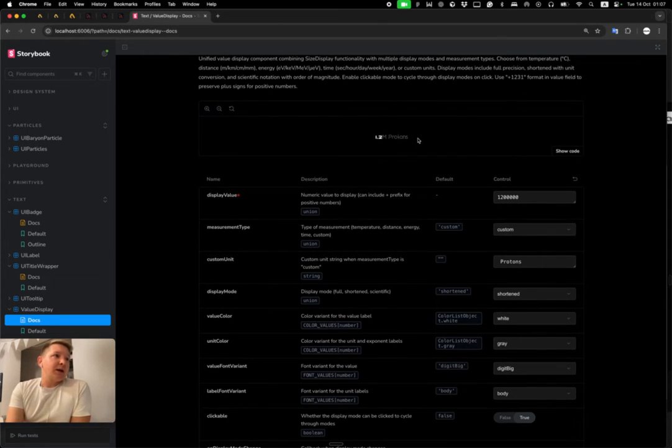For example, I have 1 or 2 million of something. I can put it into temperature, so I have temperature shortened like that. I can show it in full with the digits.